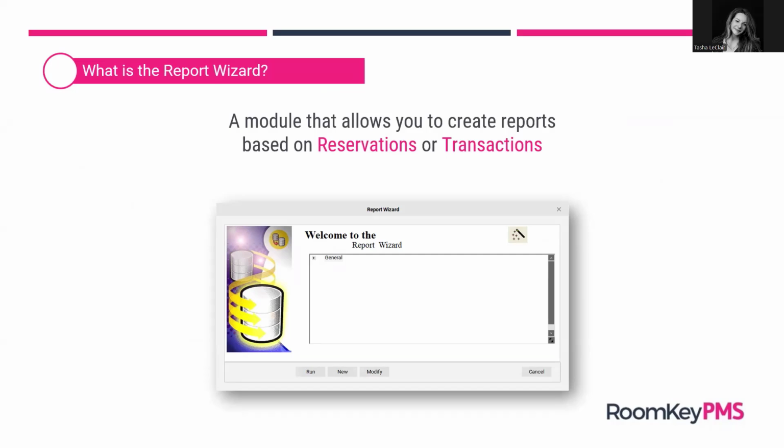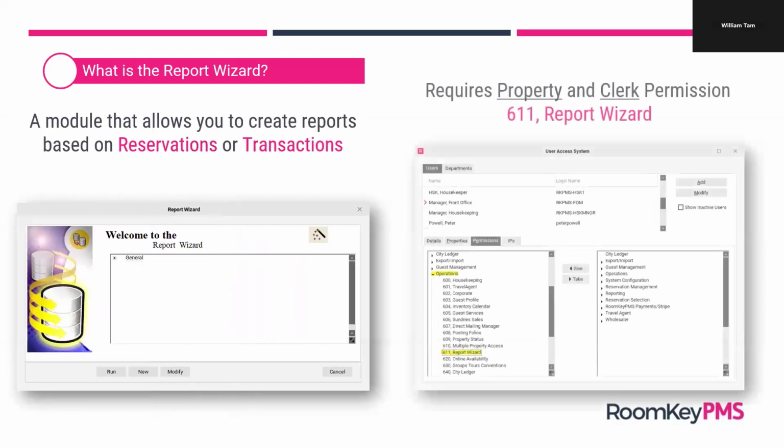You have the ability to run existing reports, you can create new reports, or you can modify any existing reports as well. Access to the report wizard is permission based. So in order to create or modify reports, you do need to have a property and a clerk permission, and that is permission 611 Report Wizard. That is found in the operations section of the